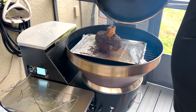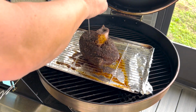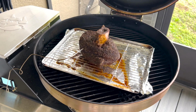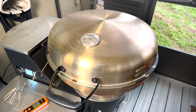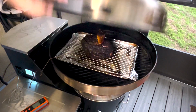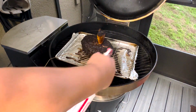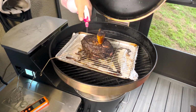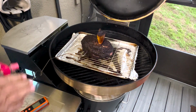All right, guys, I'm going to go ahead and put this on, and I'm also going to put the thermometer in from the Rectech so that we can measure the internal temp so we don't overcook it. Right now it's about 70 degrees. All right, guys, it's up to about 127 degrees internal, and I have hit it a couple times, spritzed it just a little bit of water